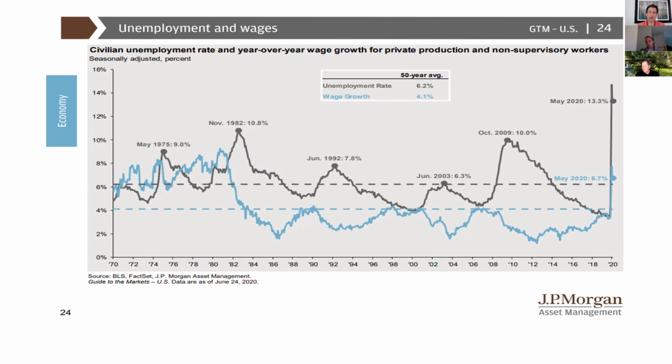And what most recently happened in May of 2020 is a lot of the lower end of the workforce, the people who make the least amount of money, those were the people who were laid off. And so what you see is that the actual wage growth increased year over year in May of 2020, because the people that were left were the highest income earners. So that top 1%, top 5% have gained a much more significant portion of the wage growth over the last 40 years than the other 99, 95%. And that's why you're seeing talks of universal income and things of that nature become more commonplace. And we think that trend is actually going to continue in light of coronavirus.